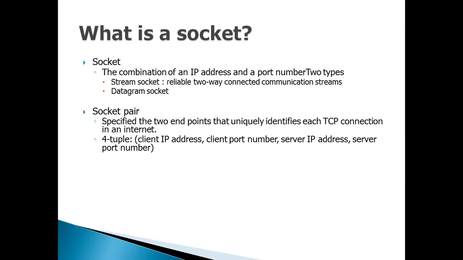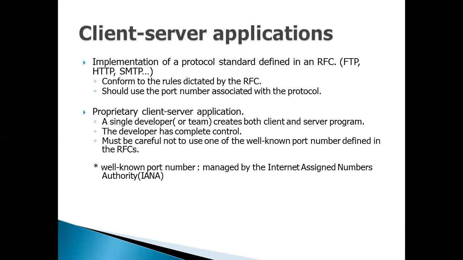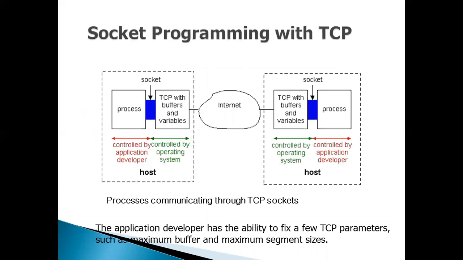Client IP, client port number, server IP address, and server port number. These are required for the application, which is a client-server application. First of all, the client sends a request to the server, the server accepts the request, and you can manage everything, like SMTP, HTTP and so on. In this diagram you can see how sockets work on the internet, on a LAN. These are the two sockets.